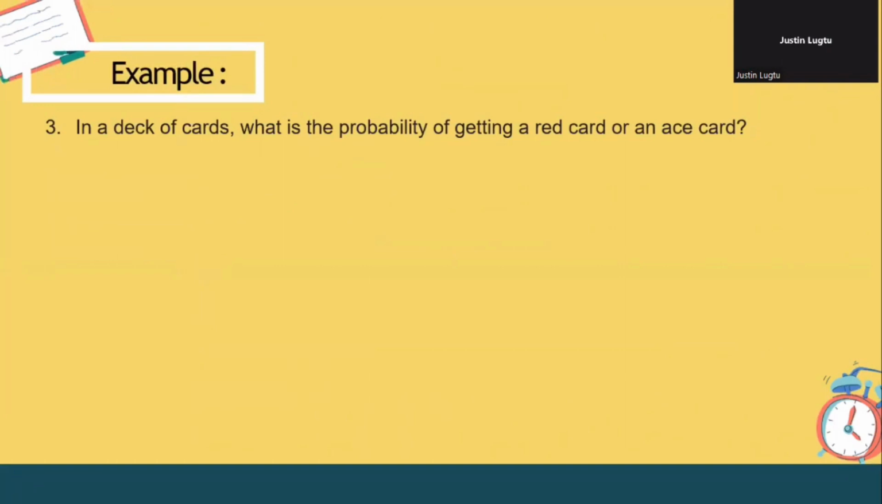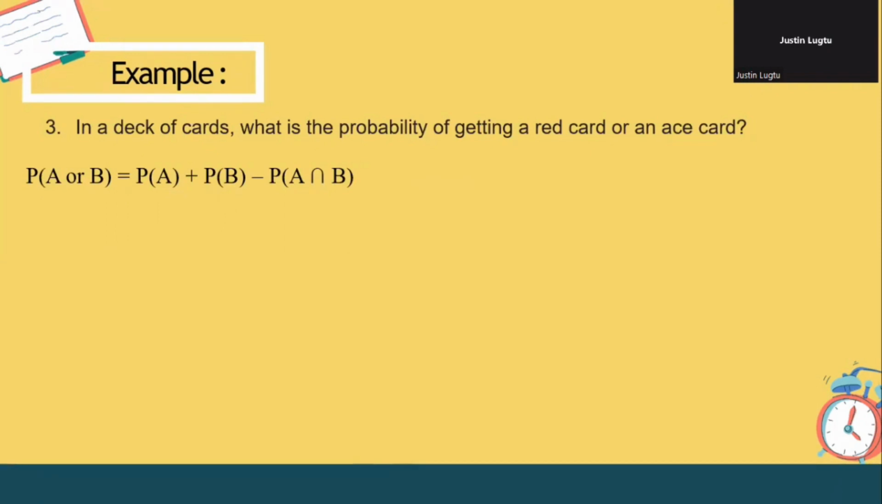Example 3. In a deck of cards, what is the probability of getting a red card or an ace? The two events are event A, getting a red card, and event B, getting an ace. There are 26 possible outcomes in event A and 4 outcomes in B. To find the probability of getting a red card or an ace, find the probability of getting a red card